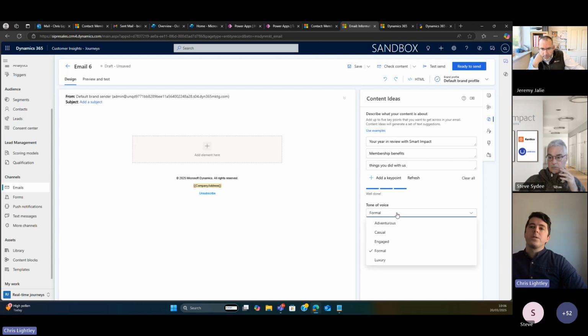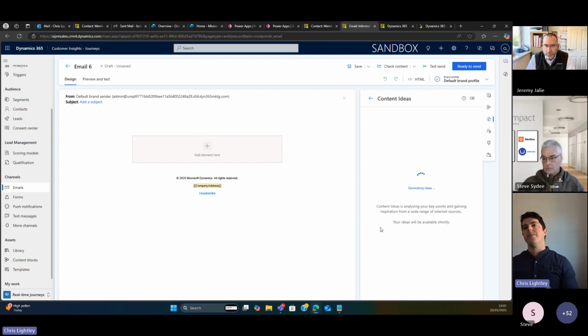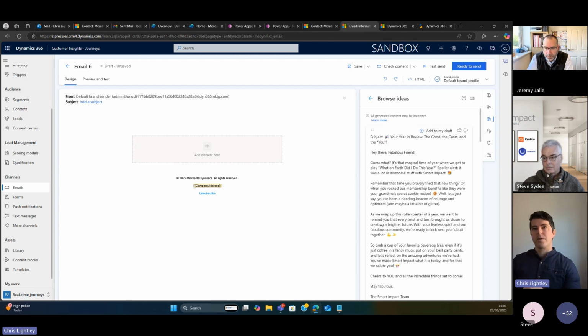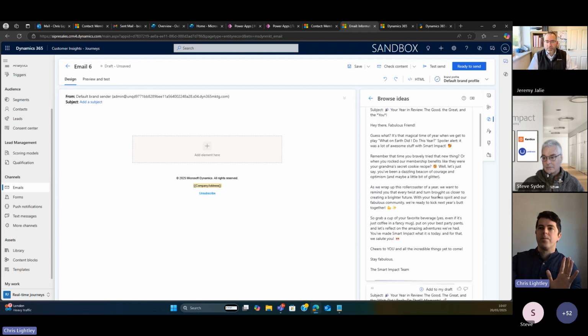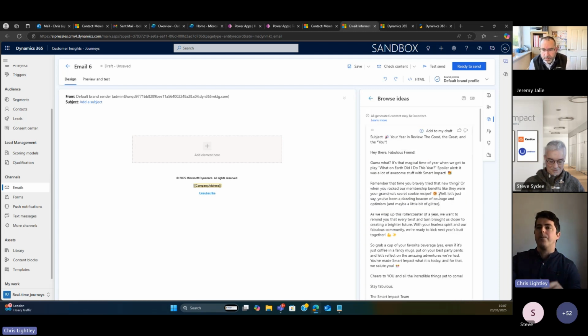You've got different tones, so I would like to start with casual because it tends to go a bit overboard with emojis and things like that, but it gives you a really good indication of the difference in the types of content that you can get. So, hey there, fabulous friend, etc. So it brings out a whole bunch of different emojis, all of those things. It's quite cool. I wouldn't necessarily do that for myself, but if we go back to our browse ideas,